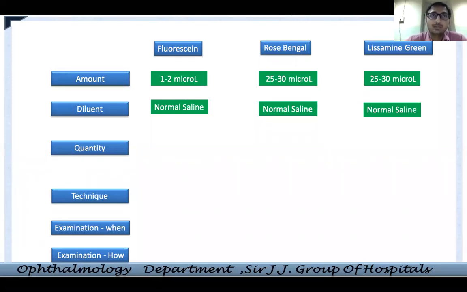Then some people use tear substitute. The problem with using a tear substitute is that when you are staining a dry eye surface and you put any tear substitute which already has CMC, it will mask the effect of the dry eye which is already there, and basically you're putting more water inside to diagnose a dry eye, which is not recommended. So even the tear substitute is not a very ideal diluent that should be used.